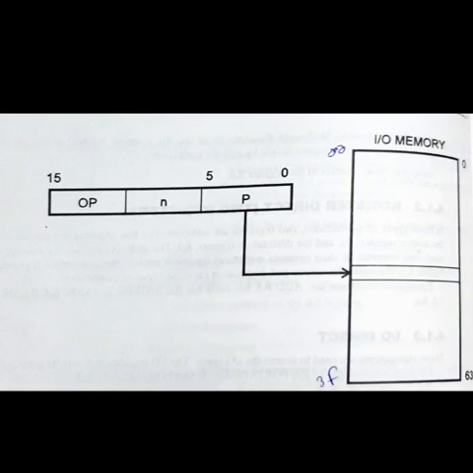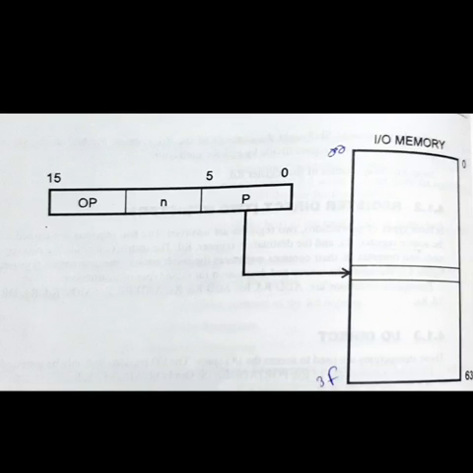The next one is the input output direct. These instructions are used to access the input output space. The input output registers can be accessed using these instructions: IN RD, port address, and OUT port address, RS. RD and RS can be any of the 32 registers from the register file, and the input output register can be from the entire range of 00 to 3F, as shown in the figure.